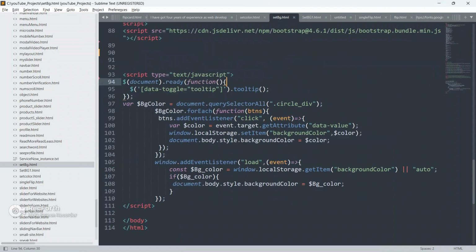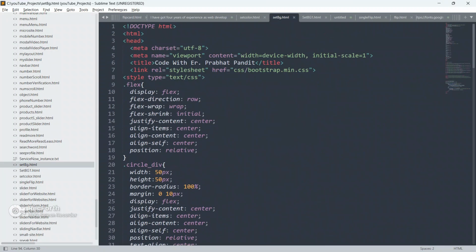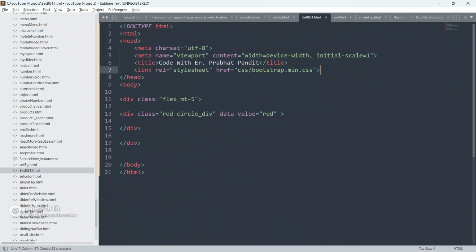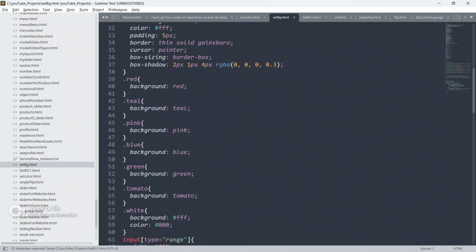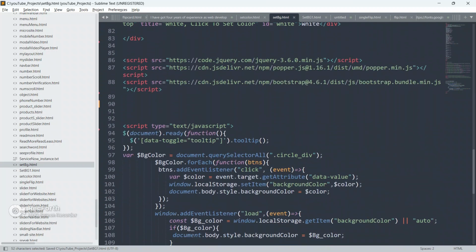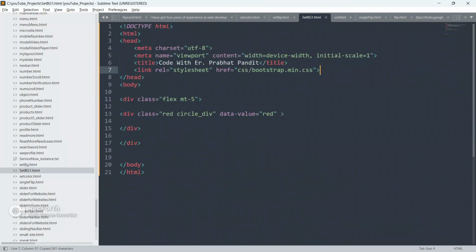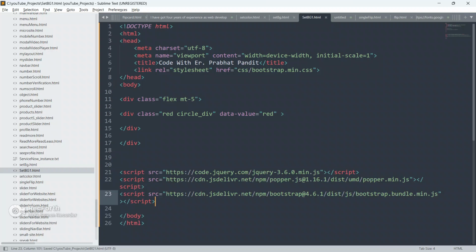So I'm going to use Bootstrap here. Let me go to the example now and just copy the Bootstrap from here and paste it here. Let me copy the jQuery CDN link also. I will explain what this CDN link is all about.